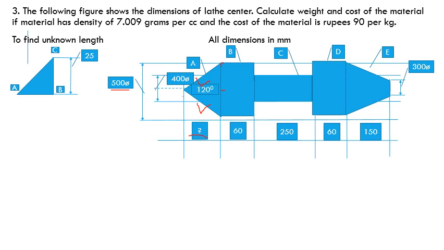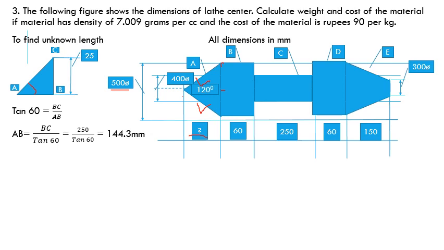mm. So I will use tan 60, because this angle will be 60, half of 120. So tan 60 will be opposite by adjacent, BC by AB. So BC length I already know. Therefore, AB is equal to BC by tan 60. When I substitute the values, I will end up with 144.3 millimeter. So once I get that, other procedure remains the same.